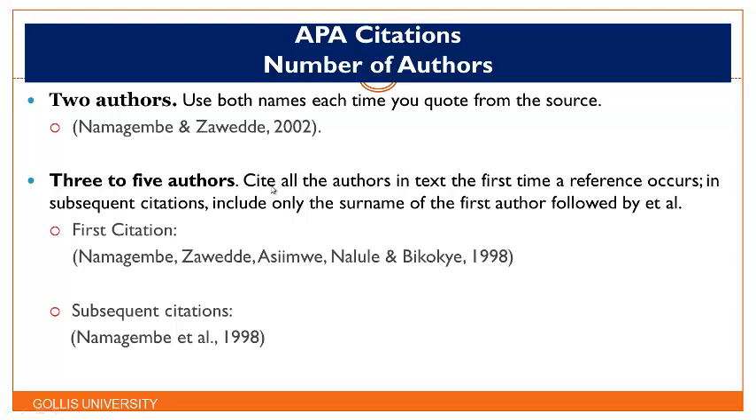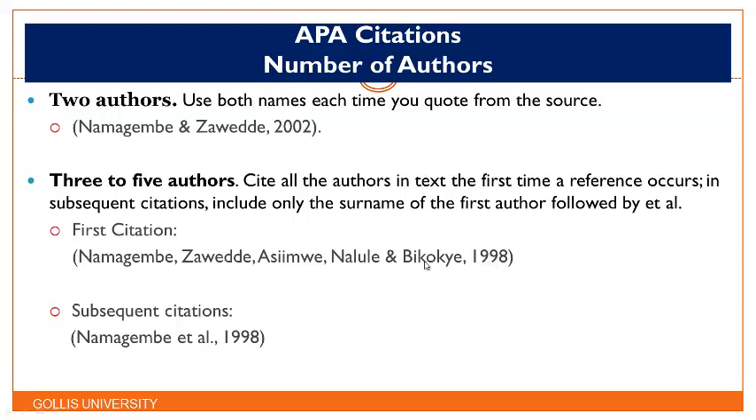In case there are 3 to 5 authors, cite all the authors in text the first time a reference occurs. In subsequent citations, include only the surname of the first author followed by et al. Et al means and others, or and friends, or and colleagues. In case it's a first citation, write all of them, 3 to 5 authors. If there are 3, 4, or 5 authors, the first time you are citing, write all their last names. For example, Namagembe, Zawede, Asimwe, Nalule, and Bikokie,